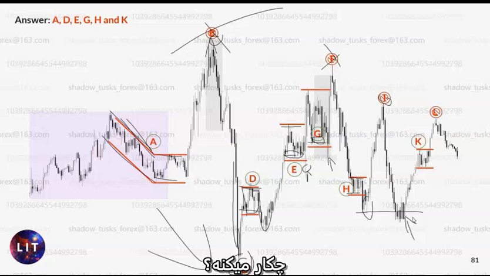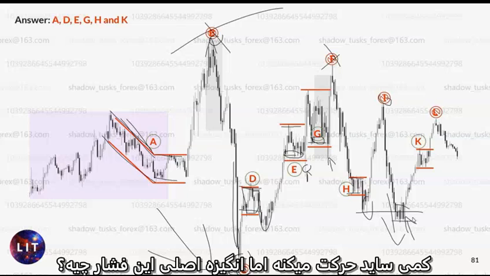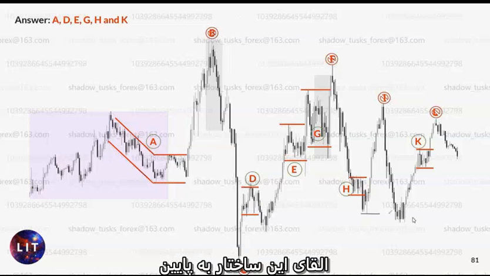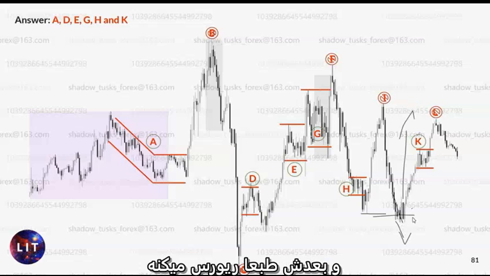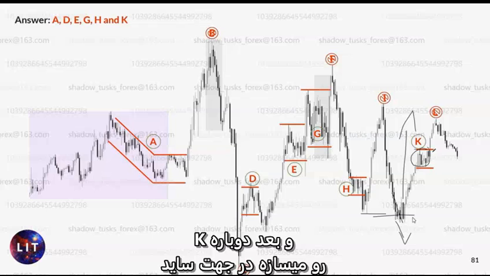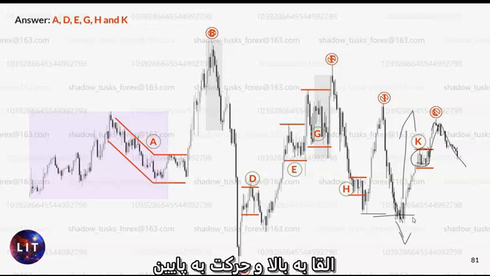I is nothing. And now this is the controversial one. What does it do? Does it build up? Or does it actually induce? I know it goes a little bit sideways, but what's the main intention of this push? Inducing this structure low, and then obviously reverses. Then again, K, sideways action, inducement high, below.